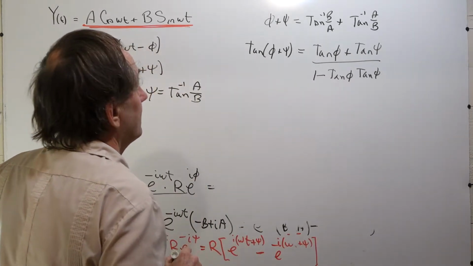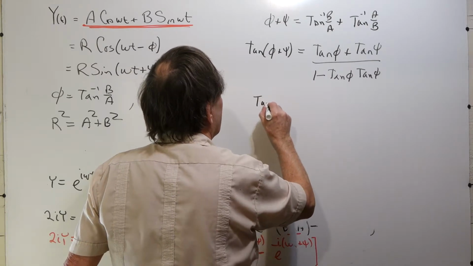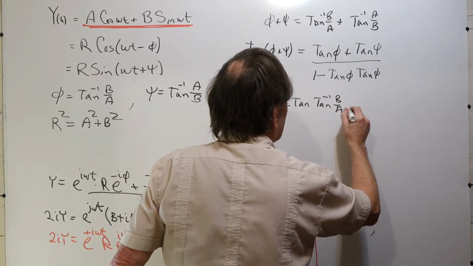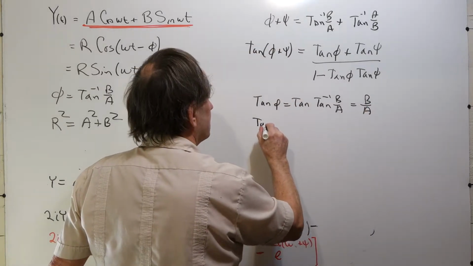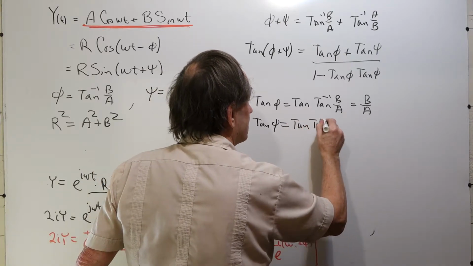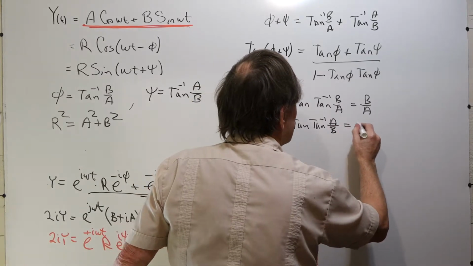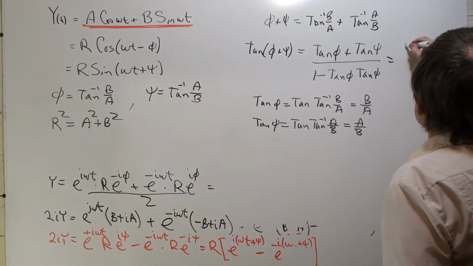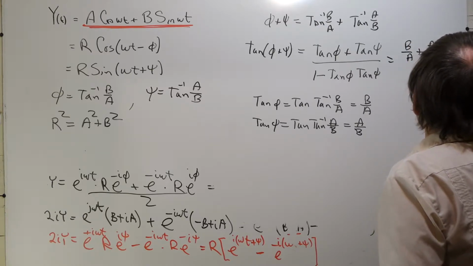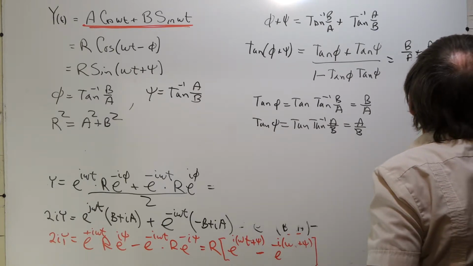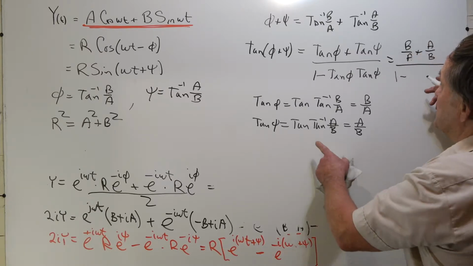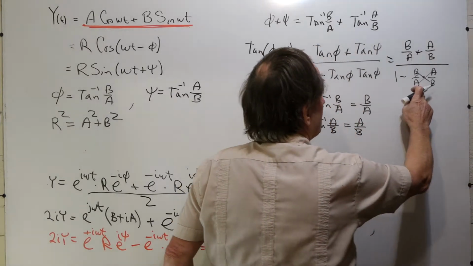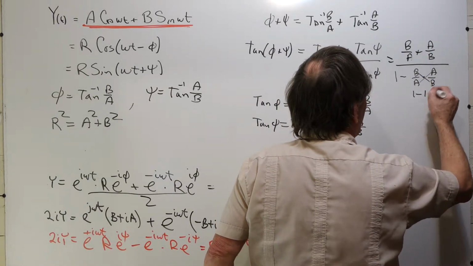Now, the tangent of phi is the tangent of the arctangent of B over A, which is B over A. And the tangent of psi is the tangent of the arctangent of A over B, which is A over B. So putting them in here, the tangent of phi is B over A, plus the tangent of psi, which is A over B, divided by 1 minus the tangent of phi, which is B over A, times the tangent of psi, which is A over B,